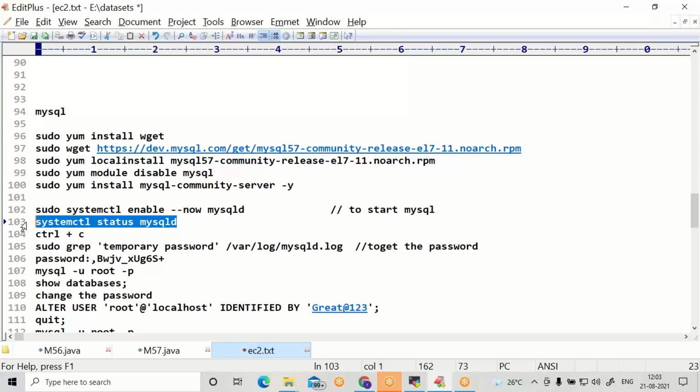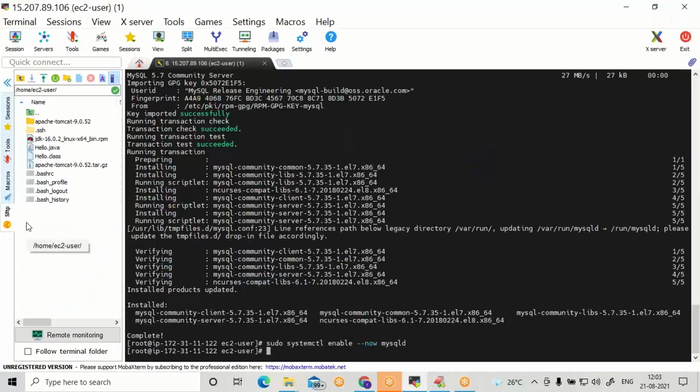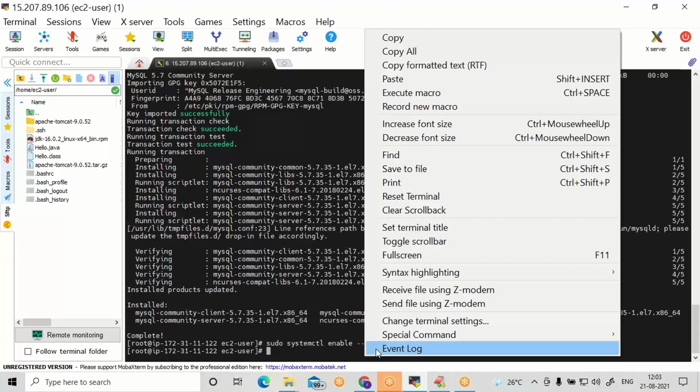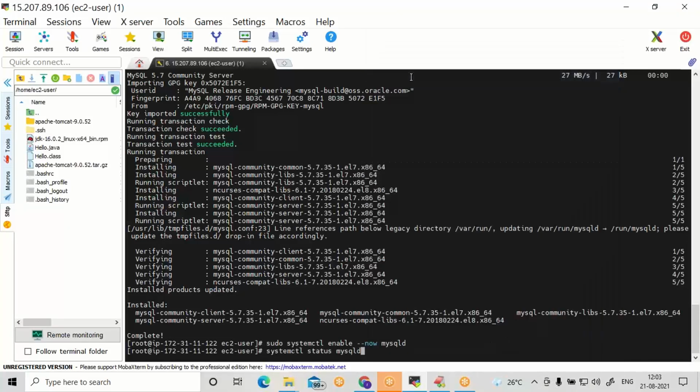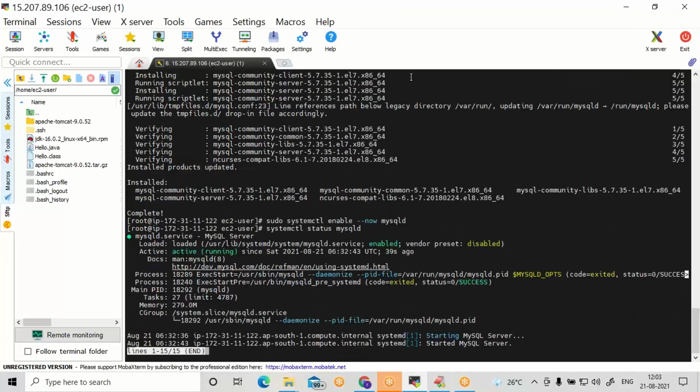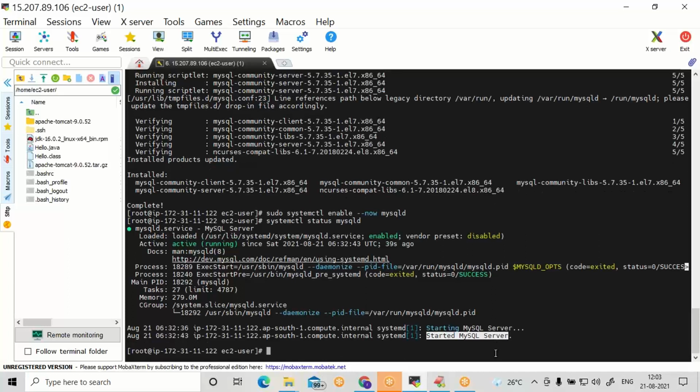Control C. Right click and paste. You can see MySQL starting, then finally started. MySQL started. To come away from here, Control C.